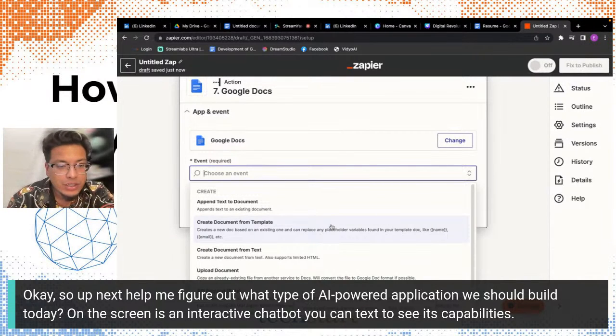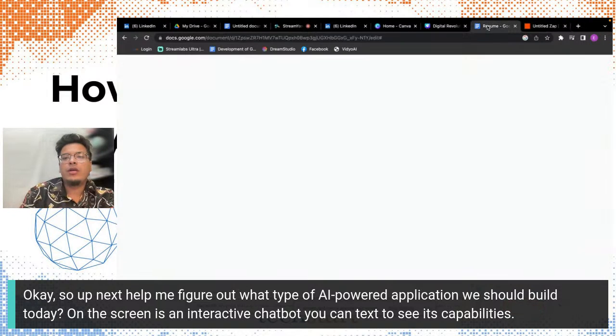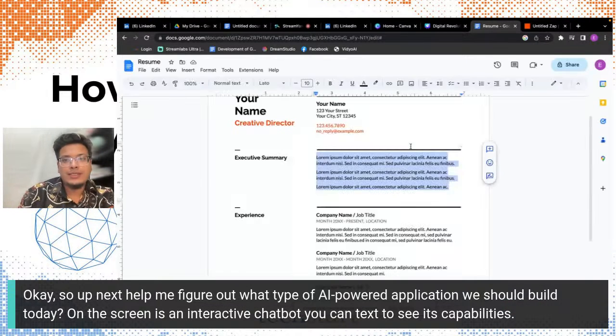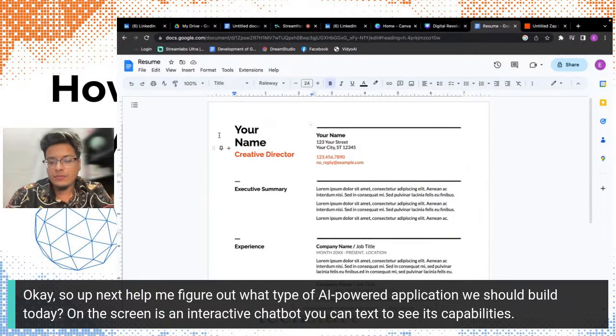It says create a new doc based on an existing one, and you can replace any placeholder variables found in your template, like name, like this, an email like that. So I'm going to pop it to our resume template, and I'm just going to set this stuff up. And it just needs this. That's what it needs. Full name. And then